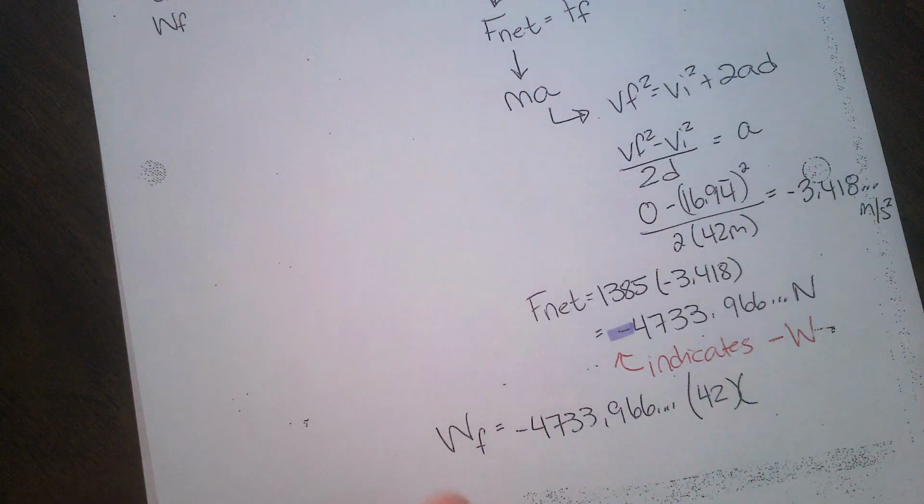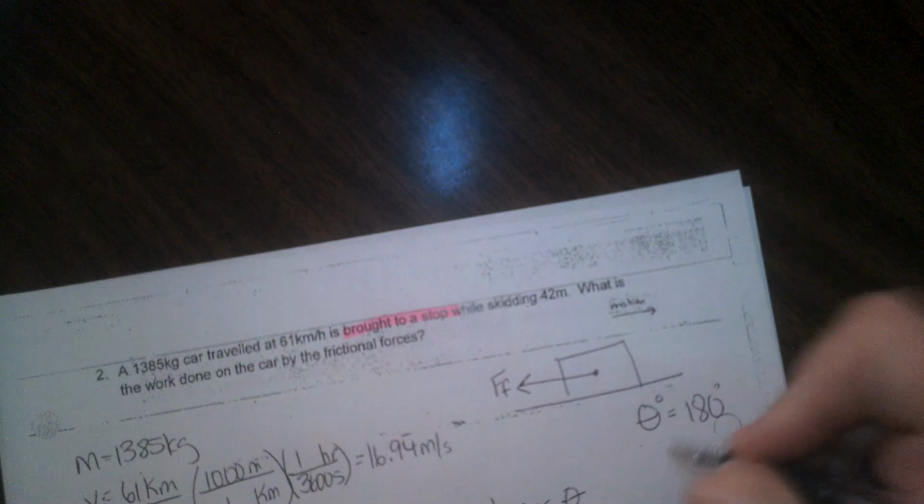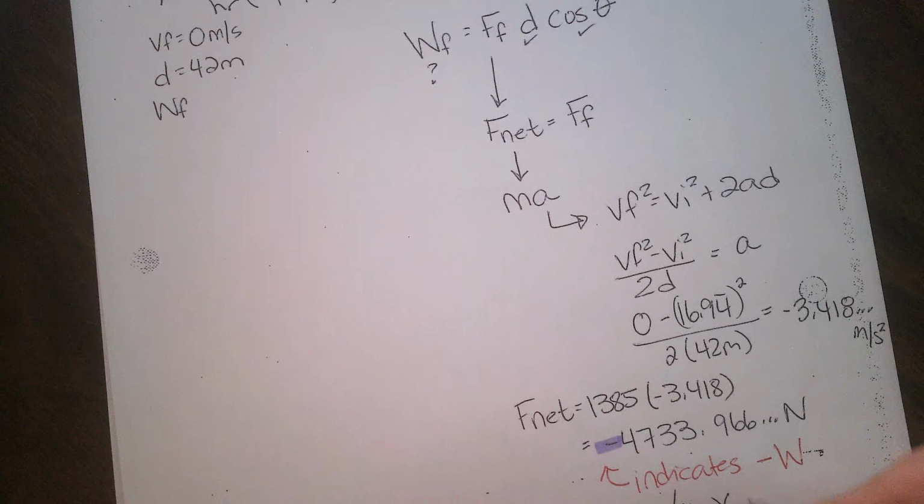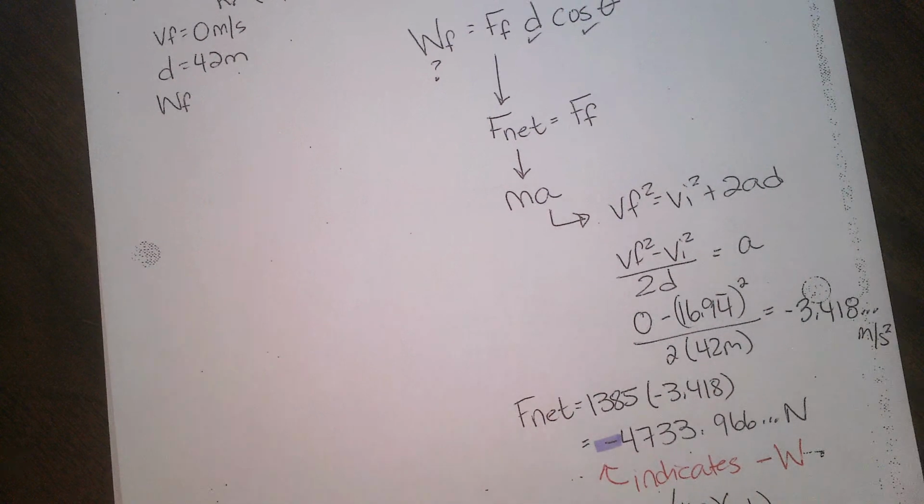And one thing that we didn't look at was back up at the top at our picture, what's my angle? 180. And cos of 180 degrees is equal to negative 1. Okay. So we're going to get